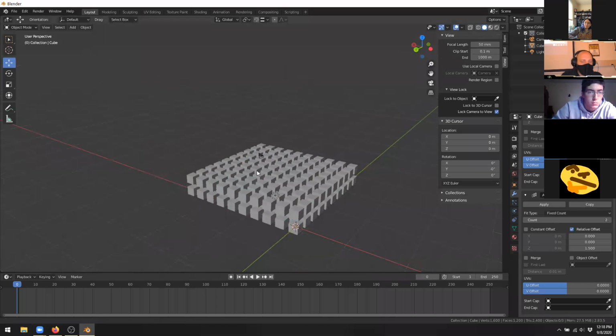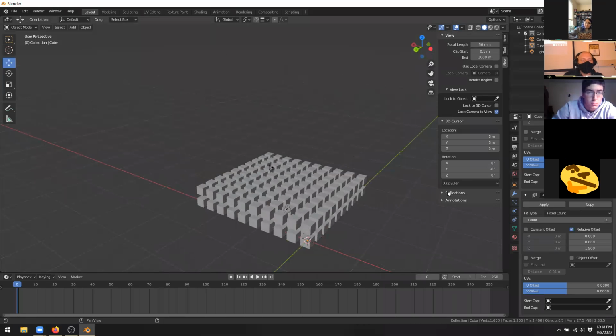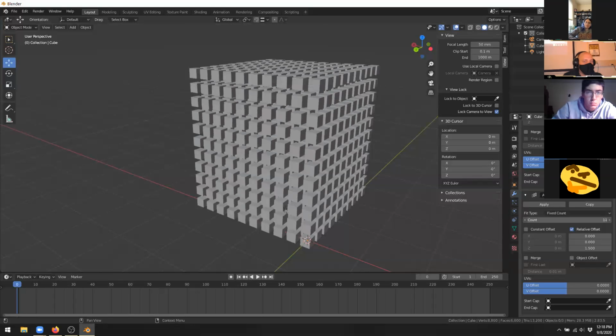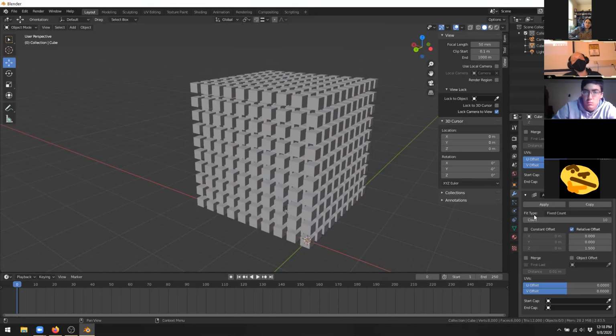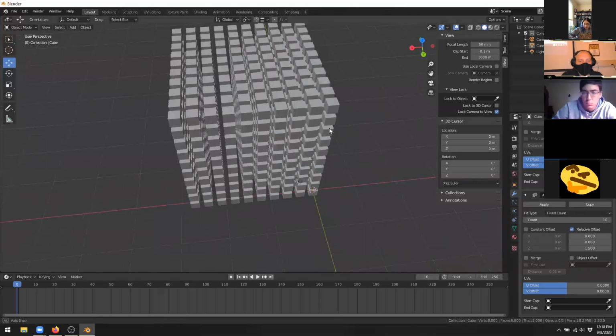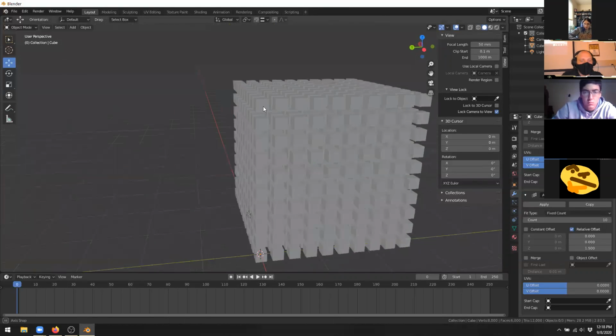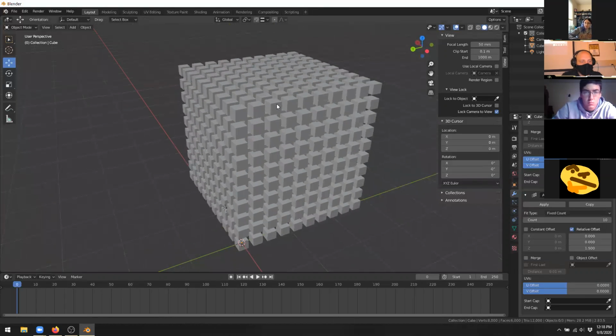Zoom out a little ways just so I can see all of this. Just like with the other two modifiers, if I were to increase the count of it, the more I add, the more essentially layers it's adding. Because it's basically another modifier on top of the ones that were already there. So, you know, I did 1 times 10, and then 10 times 10, and then 100 times 10 to create this pretty interesting looking array of